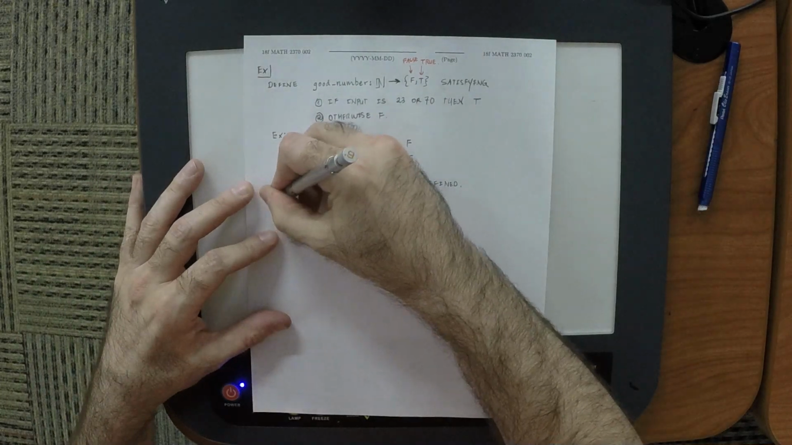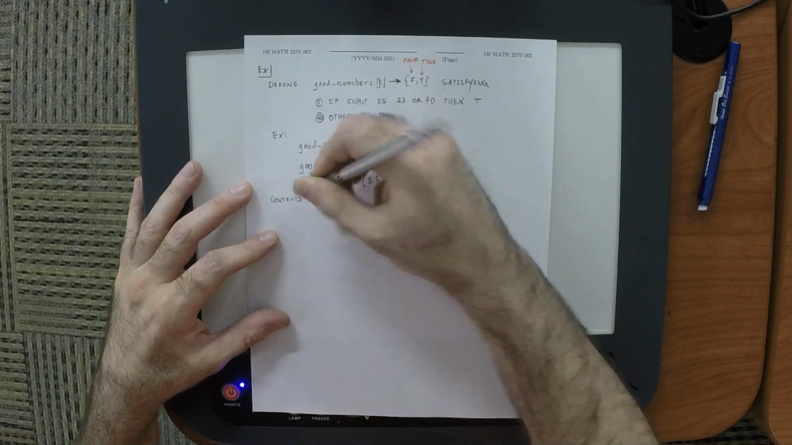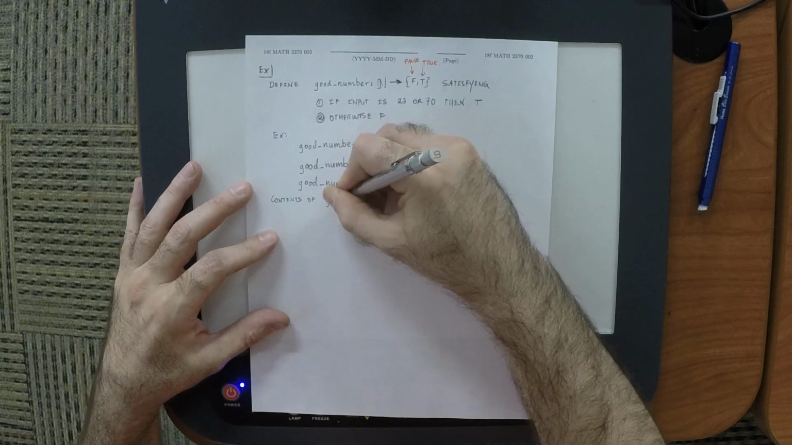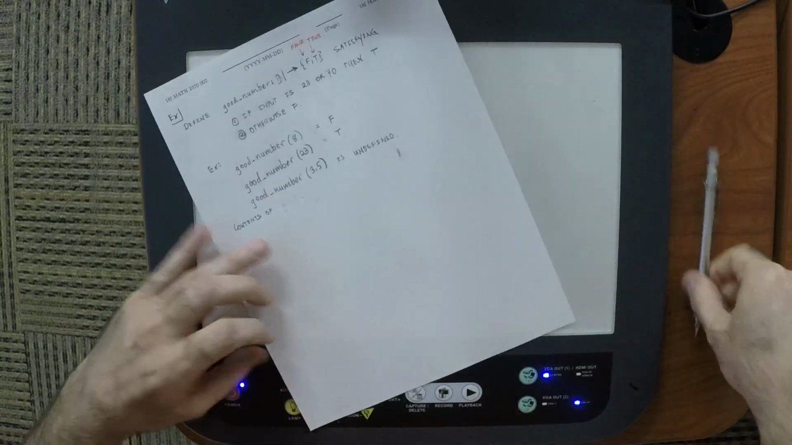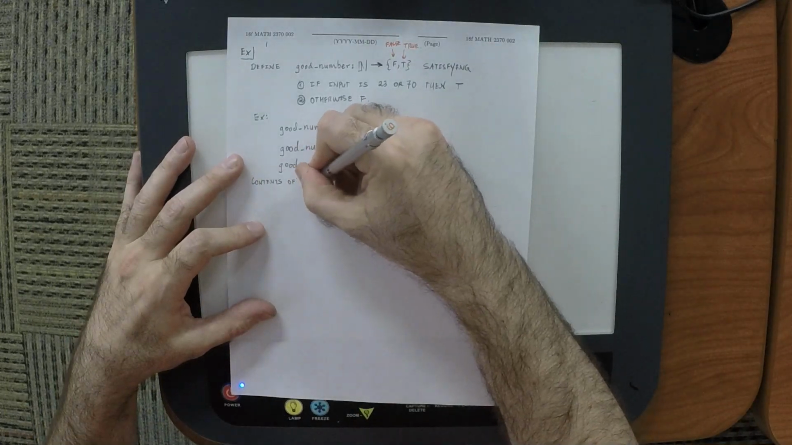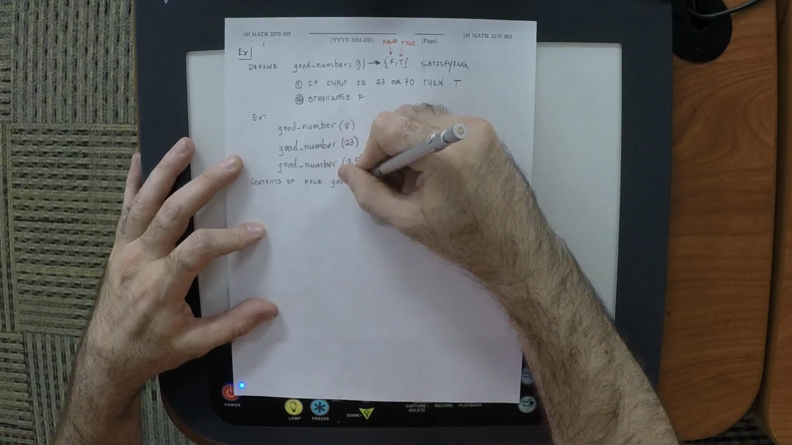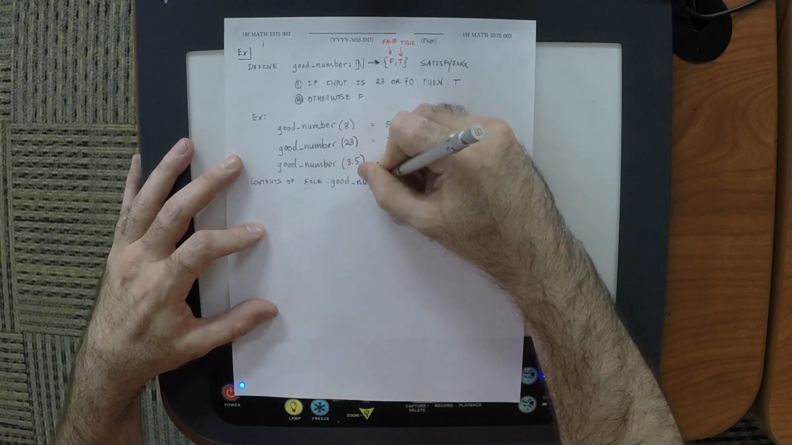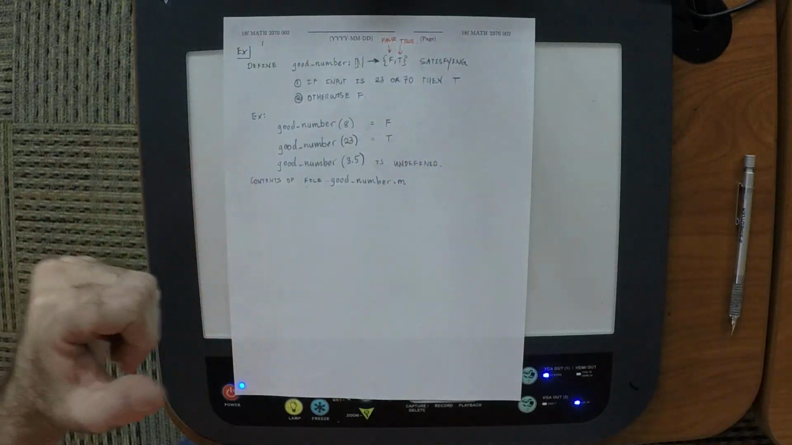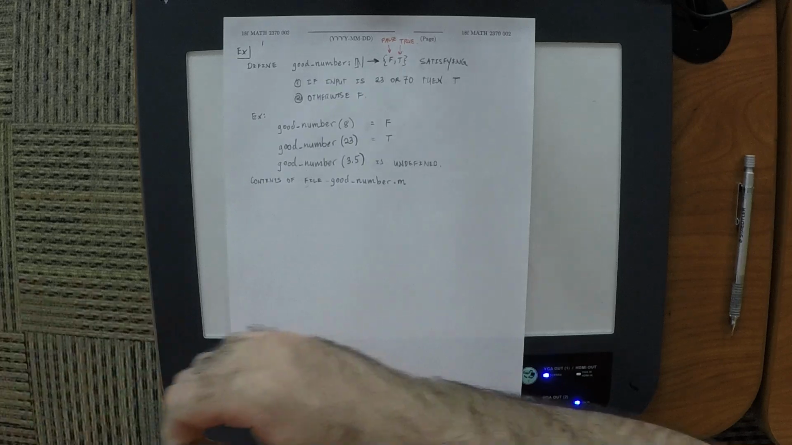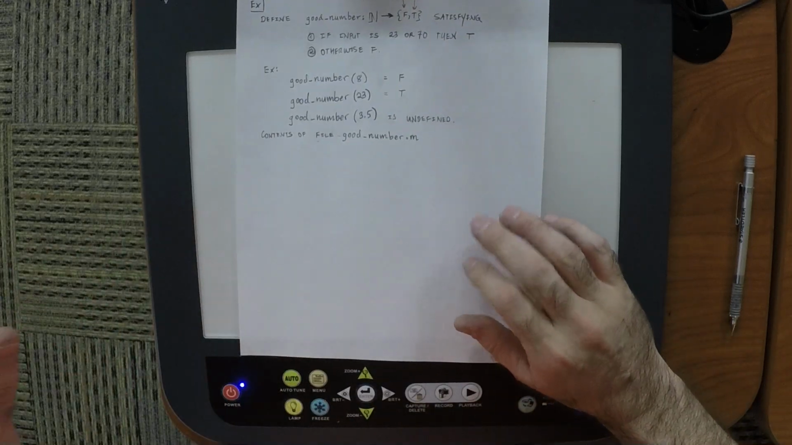Okay, so here's the contents of the file good_number.m. So now I'm gonna write some stuff that is MATLAB code, and remember that some words are